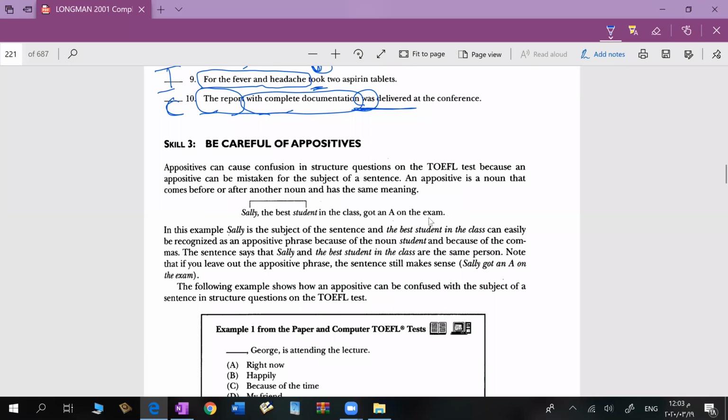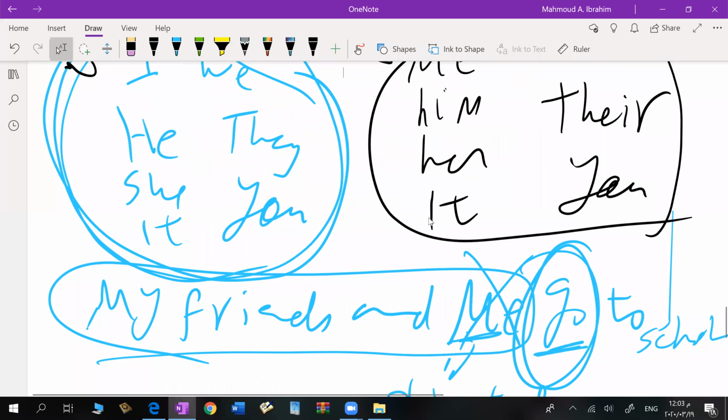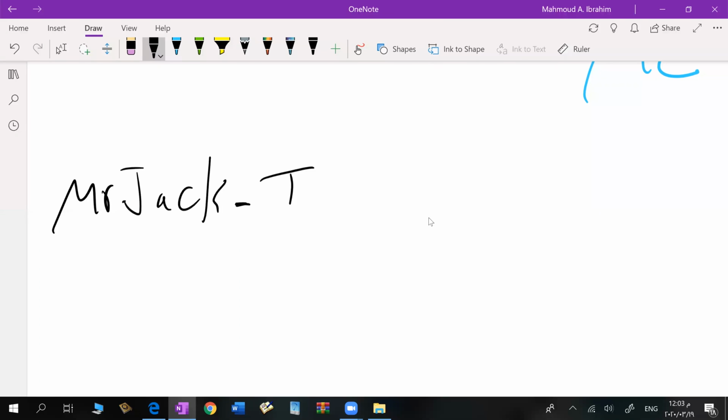Now, skill 3, be careful of appositives. What are appositives? Appositives are like الجملة الاعتراضية كده in Arabic. Simple, when you say Mr. Jack, the principal,